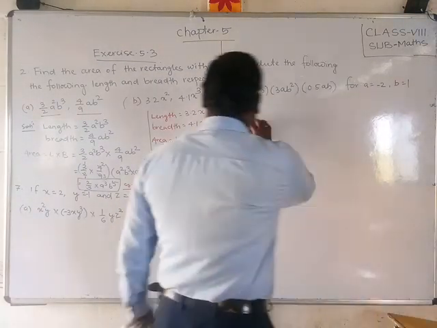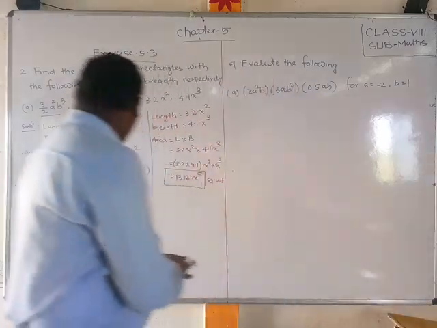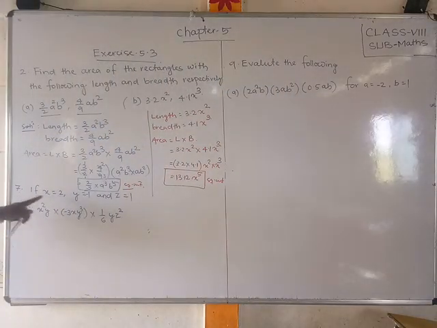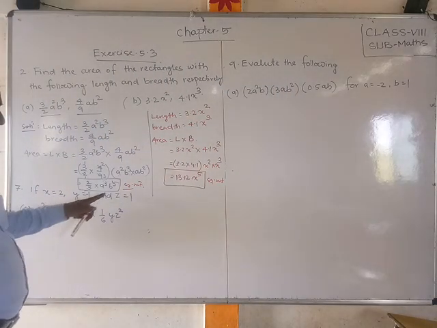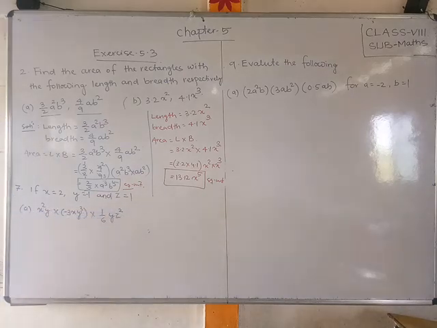Now this is the second one, of the 7th bit. x is equal to 2, y is equal to -1 and z is equal to 1. Same as before, first you multiply, then after that you put in the values. First look at the constant numbers: here -3 into -1 by 6. So we can write -3 into 1 by 6.